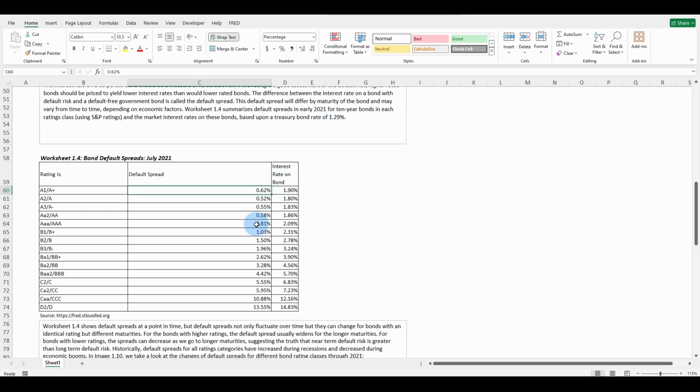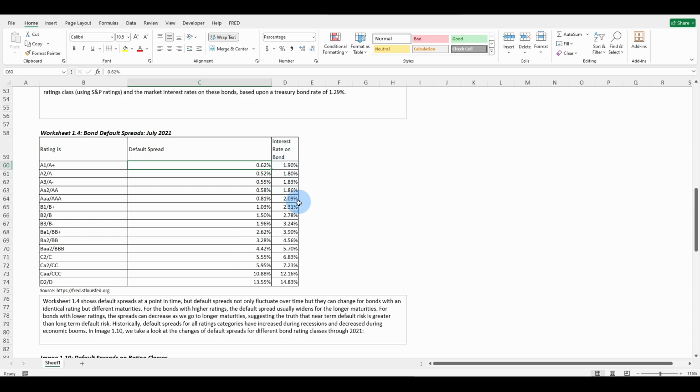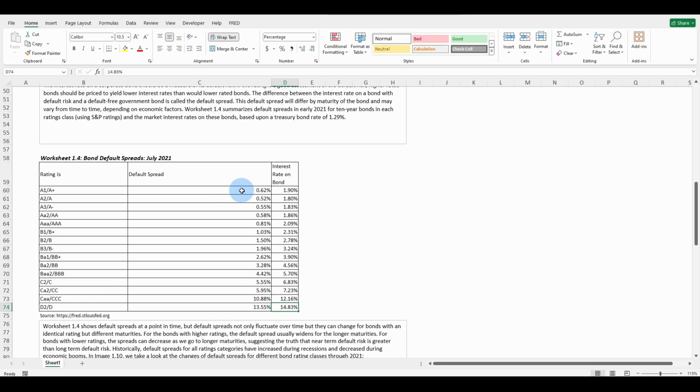Interest rate on bond. As we go down, the interest rate on the bond skyrockets up to, look at the spread there, 14.83%. Here's the spread. Here's the treasury bond, and you're going to add this, 1.29 plus this. We're going to copy that down, control down. We're going to shrink this. There you go. There is the default spread,